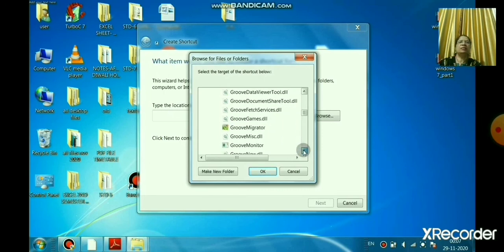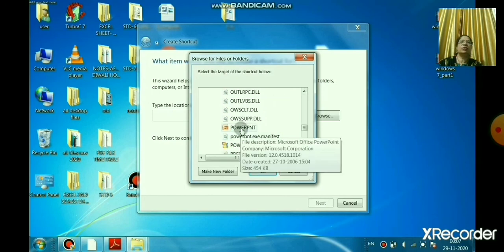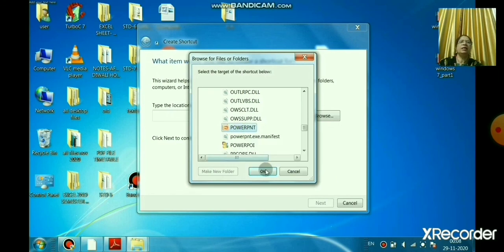So I need a shortcut of Microsoft PowerPoint. I'll select it from the list. Scroll the list, you can see the programs one by one. Here is PowerPoint. Click on PowerPoint and OK.